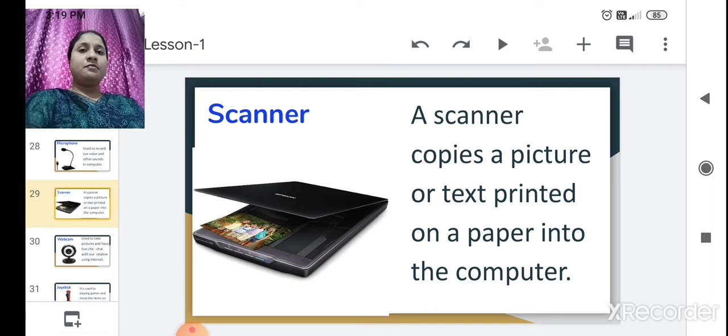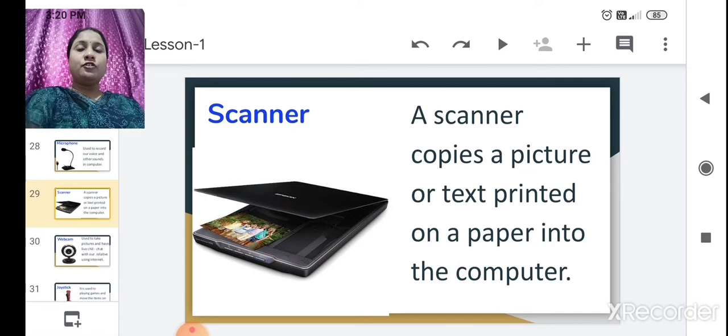For example, if you have only one photograph and you want more, what will you do? You go to a photo shop and give your photo to the photographer. He just scans your photo and makes a soft copy of it, and that soft copy is stored in the computer as input.